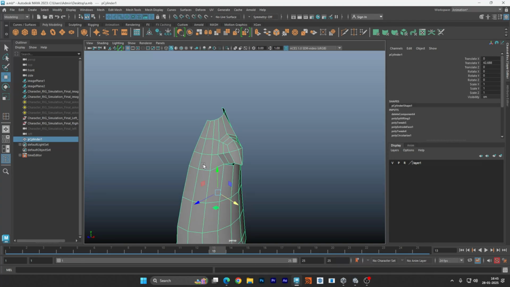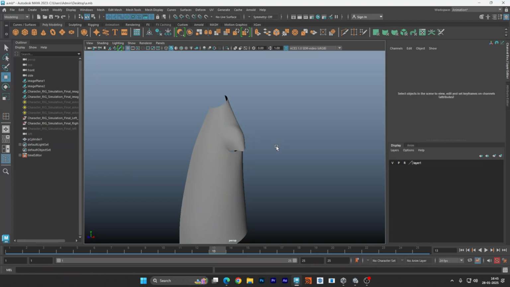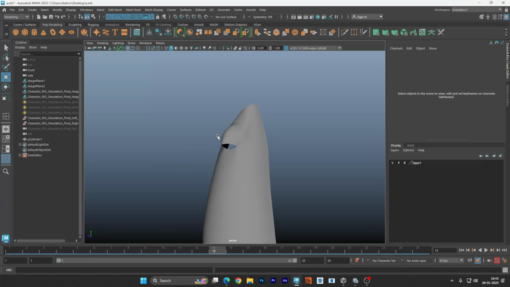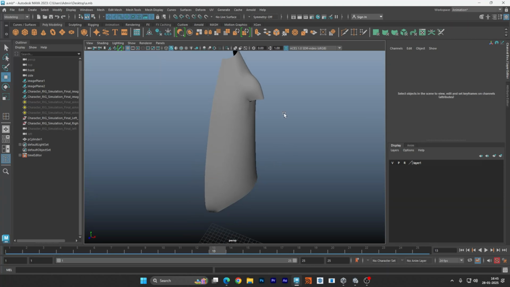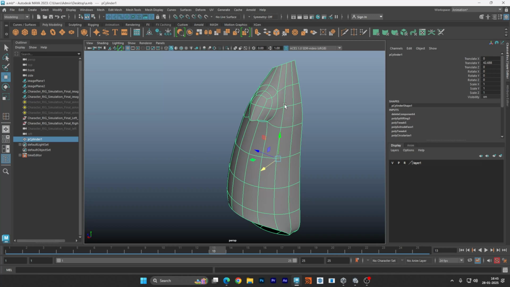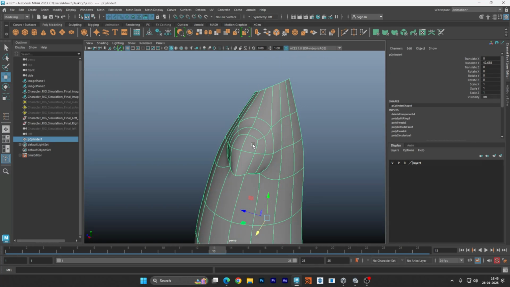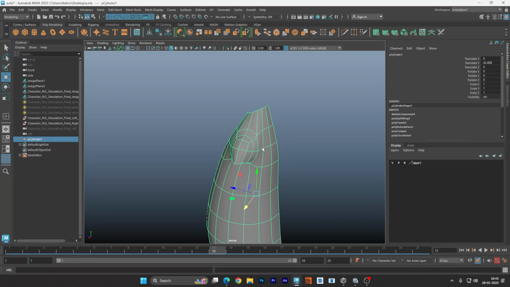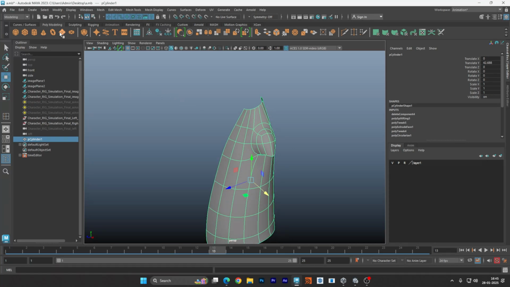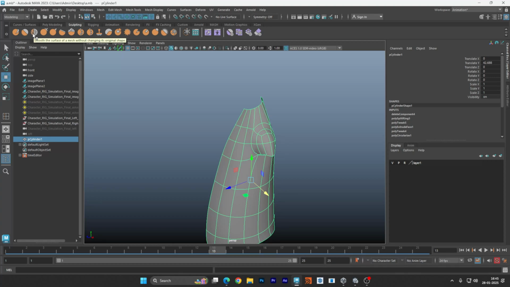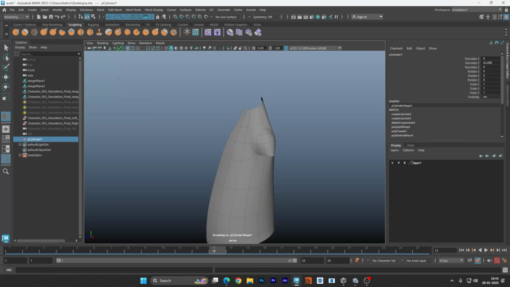Now if you select this and press 3, you can see it has been done properly, but because of the distance of the faces you can face some problem. So we can smooth this part by going to the sculpting tool. You will get one option called lift a surface. Not this tool, but you can click on smooth the surface. So click on this option, smooth the surface, and then